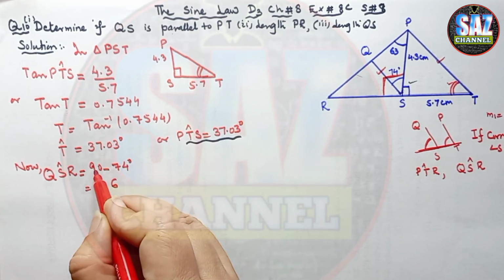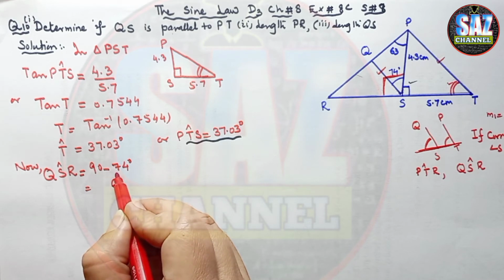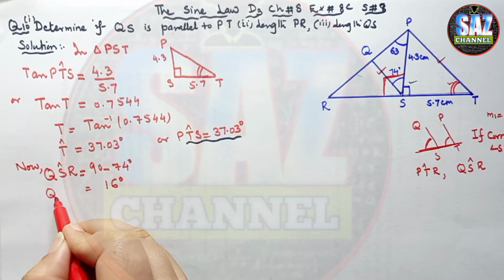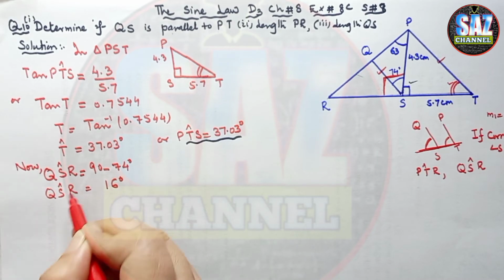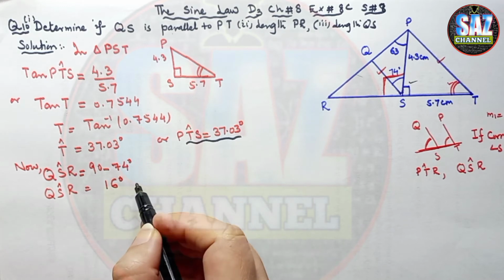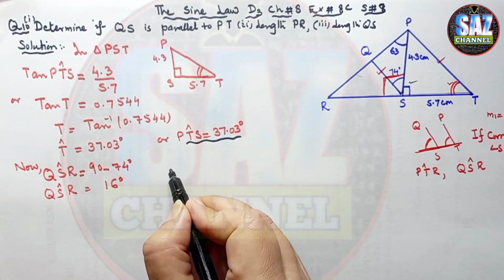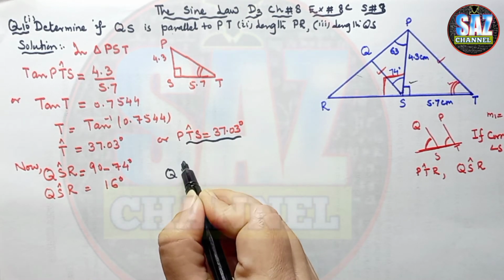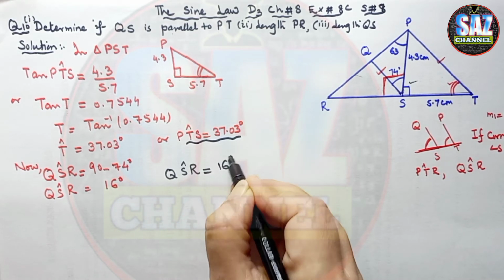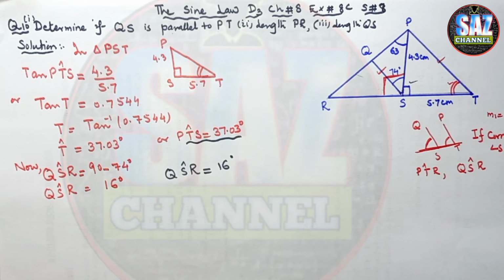10 minus 4 is 6. And 9 minus 8 minus 7 is 1. And this is 16 degrees, angle QSR. Okay, now observe both the answers. Angle QSR equals 16 degrees because